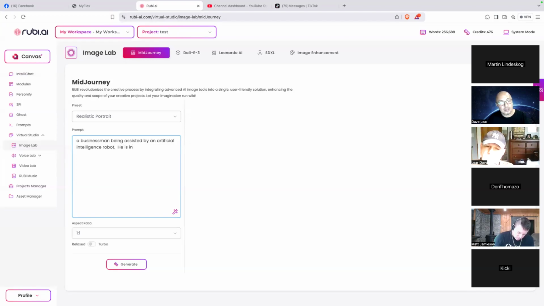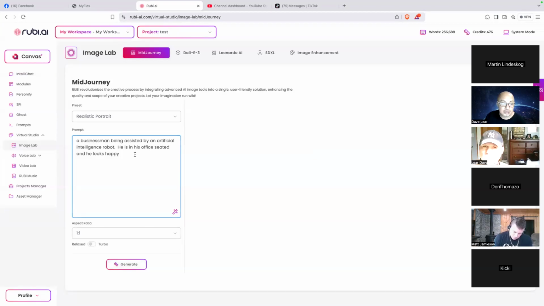He is in his office, seated, and he looks happy. Anything that you want to see, just put it here in the prompt. The more details, the better it looks, and the closer to what you want.